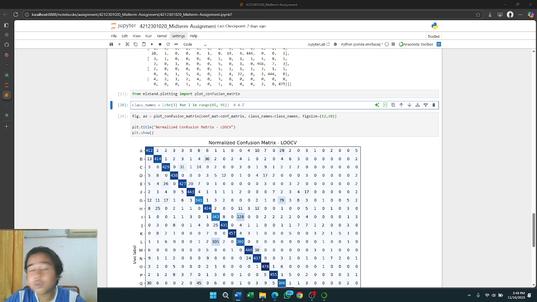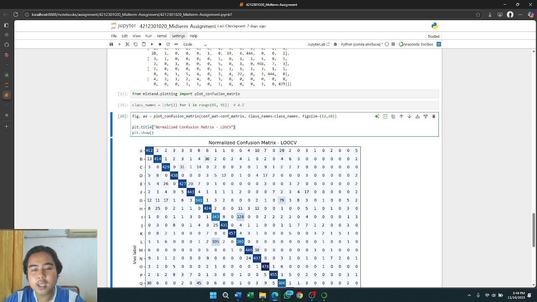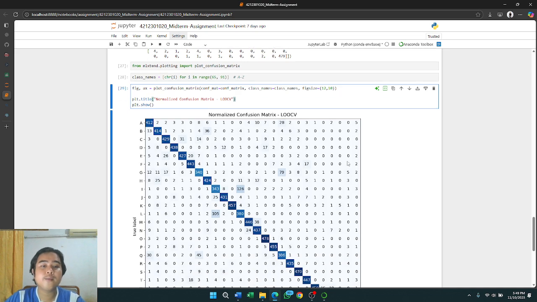The result visualization, similar to a confusion matrix, has clear letter labels in each row and column, making it easy to read the model's performance on each letter of the alphabet. Next, on this cell, the image result above shows the confusion matrix visualization of the SVM model testing result using the LOOCV method on the MNIST letter dataset.